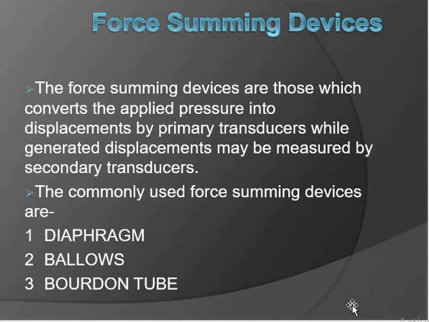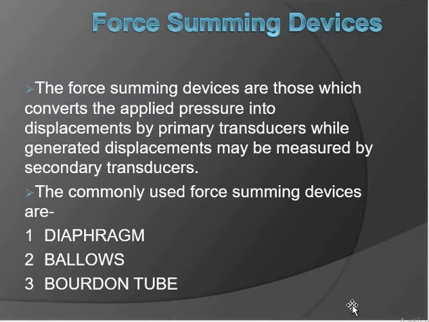We know that very well, we discussed it many times. What are primary transducers? A transducer converts energy from one form to another form. Generally we use them as sensing devices. We know the diaphragm. Diaphragm means the top portion will be semicircular or hemispherical, and that is called a diaphragm.